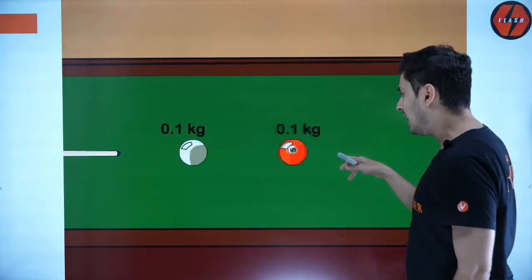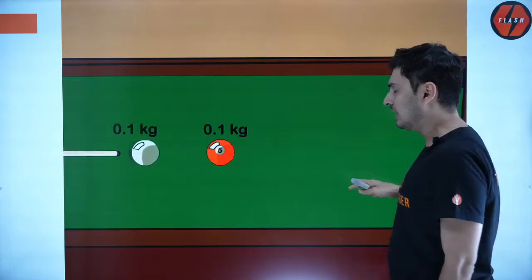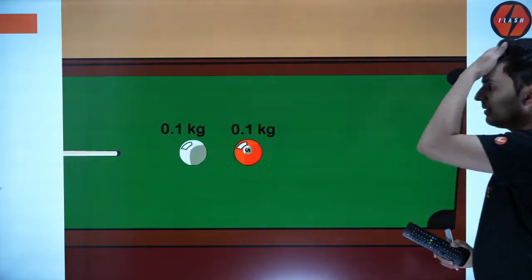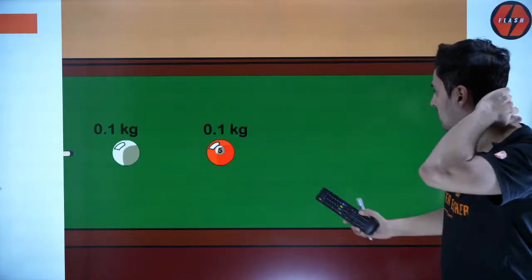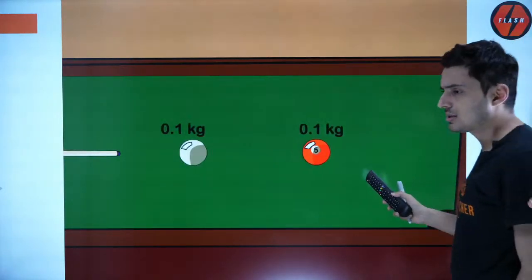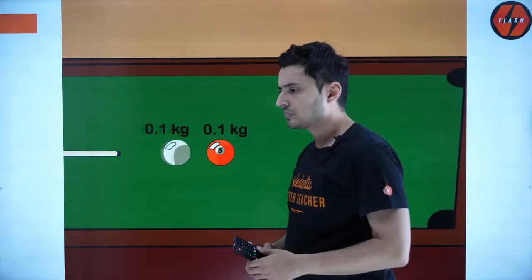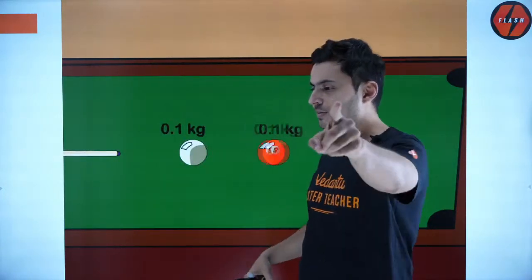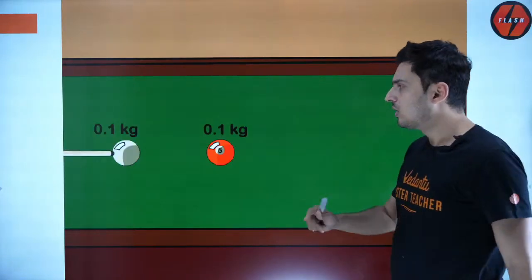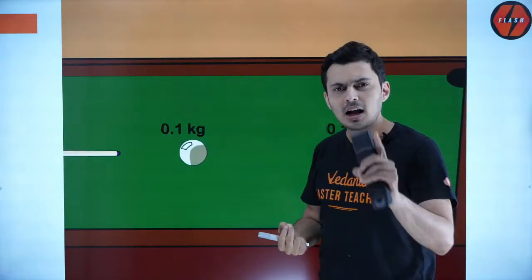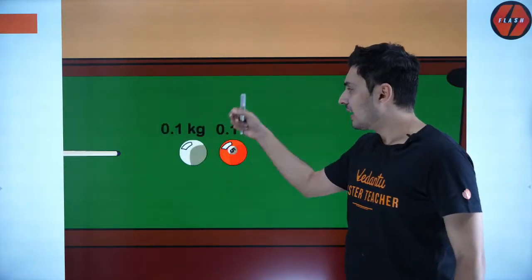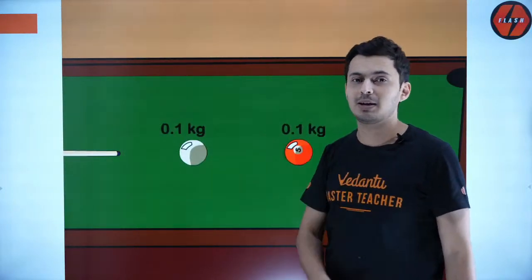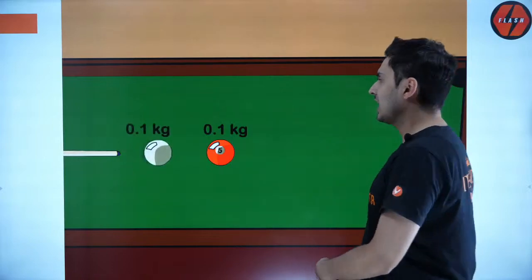Yes, this red ball has stopped. Now you can guess why the red ball has stopped. Can you guess why the red ball has stopped, guys? Why did the red ball stop in the first place? Why didn't its momentum remain constant? Is there a reason? Yes, very good. Friction. So now you would have got some idea about why and when momentum remains constant and when it does not remain constant. So keep that in mind.